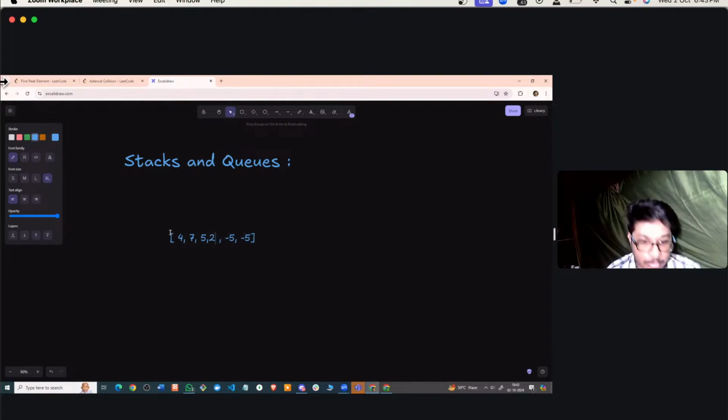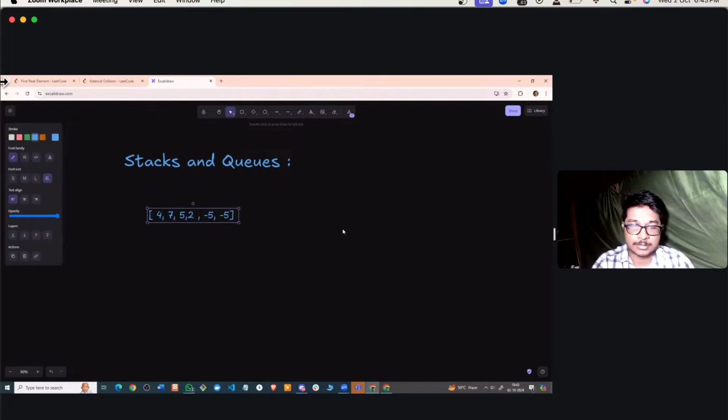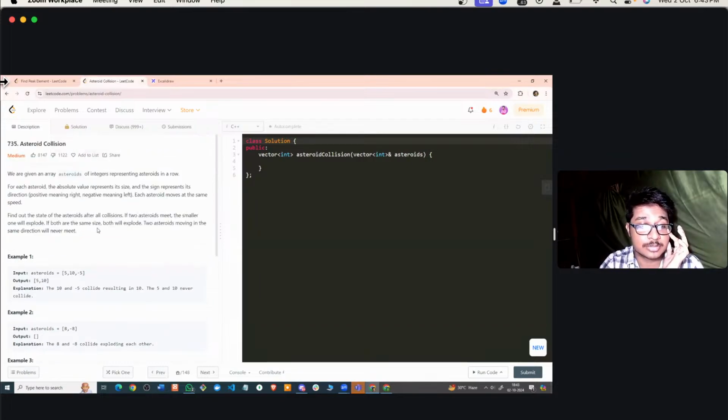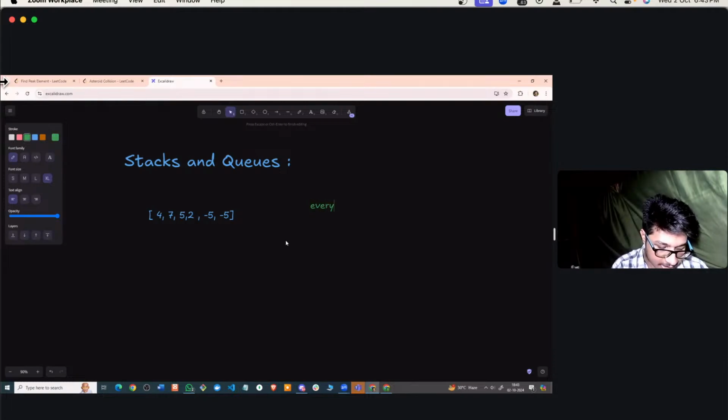I will need a smaller element here. Okay. So let's say we have an array like this. It's very, very simple. Listen to me, if you listen to me, this question is very simple to understand. So what this means is every positive integer, right? I'm making the question simple for you. Every positive integer means